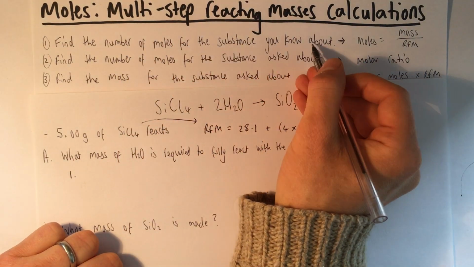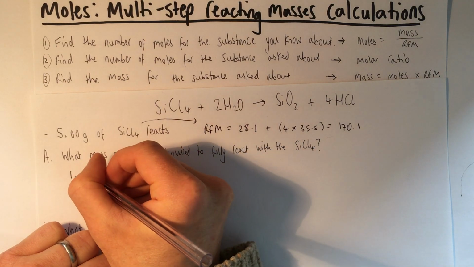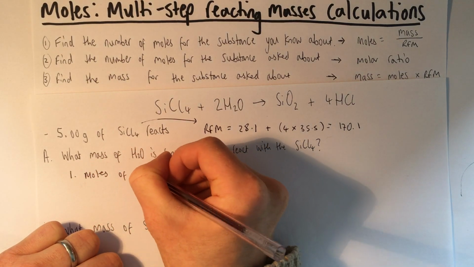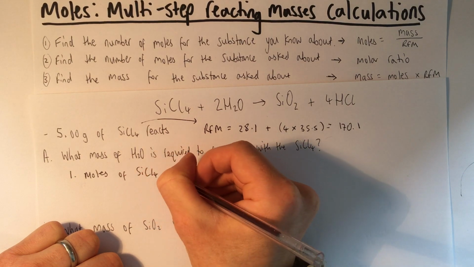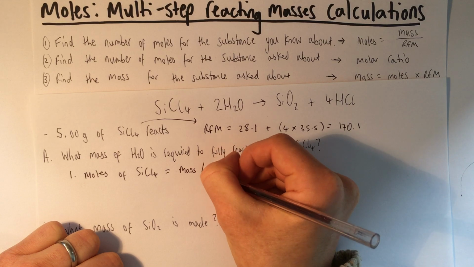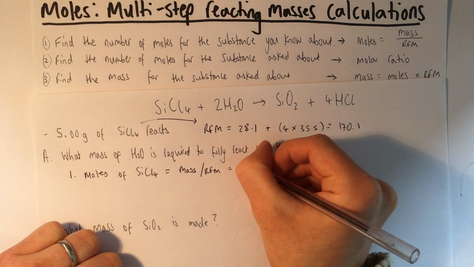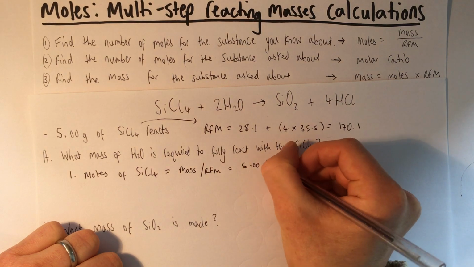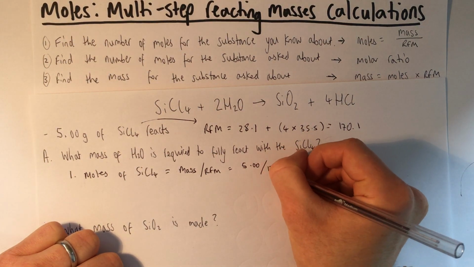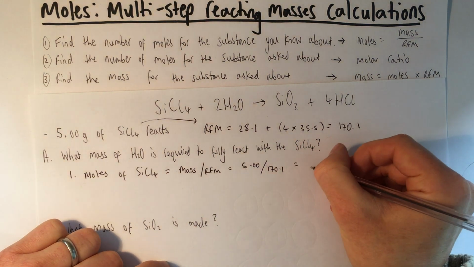Find the number of moles for the substance you know about, which is silicon tetrachloride. So I'm going to do moles of SiCl4 is the mass divided by the relative formula mass. So in this case, the mass is 5.00, and the relative formula mass we've just worked out is 170.1. I'm showing every step of the working as I go along. That gives me